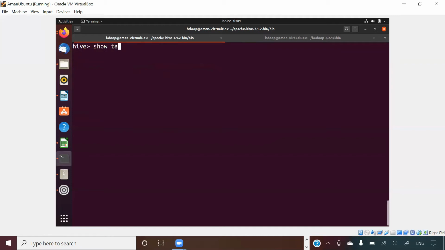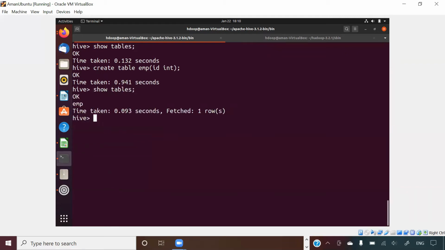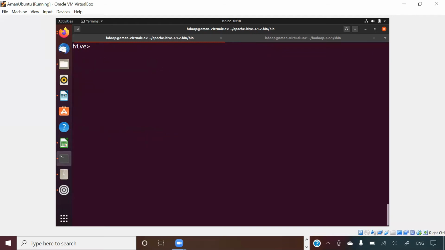How do I see which tables are here in this database? Show tables. There are no tables inside this database since we have newly created. Let us create a simple table. Create table emp. I had created one simple table the other day as well. Let me show you one more time. This is a very simple table. This table is created. Now if I run show tables, you will see that one emp table is showing here. Clear? Now we will try to give a more structured way to this Hive database.